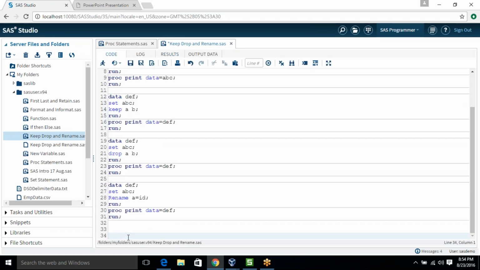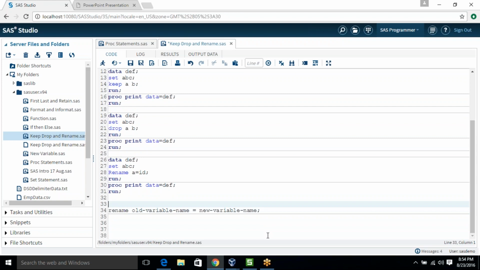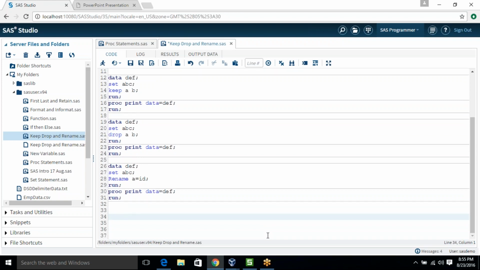So the syntax of rename is: rename old variable name equal new variable name. Okay.